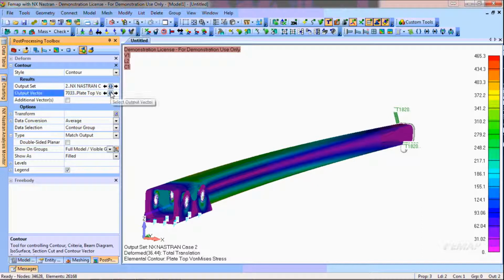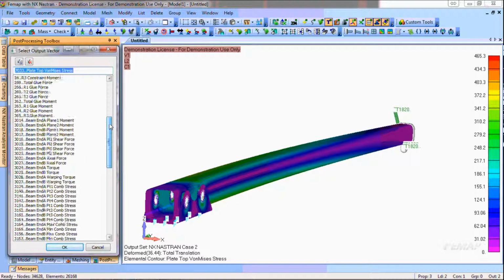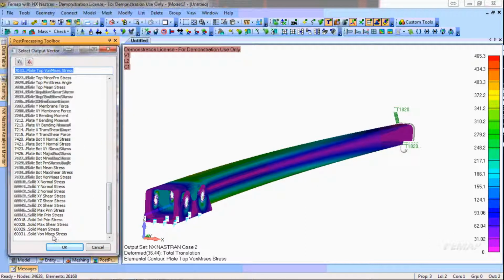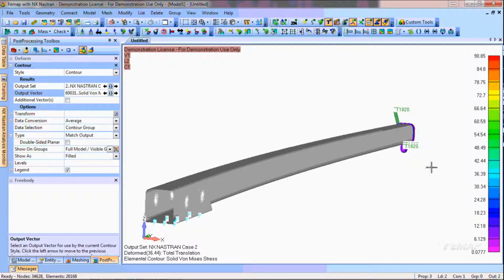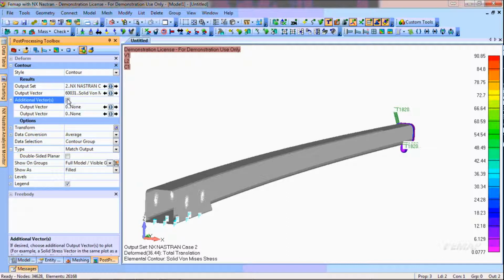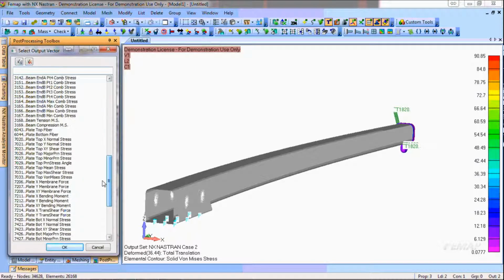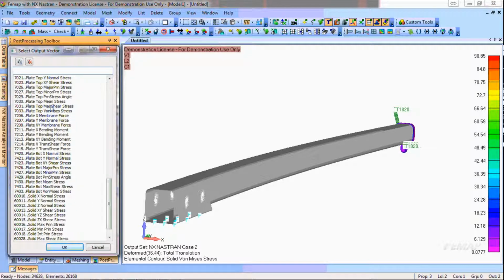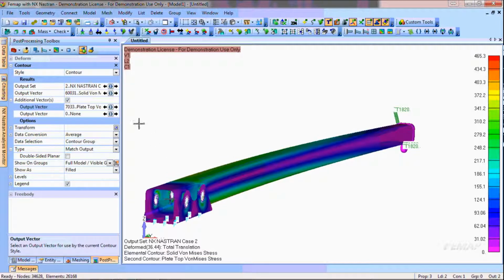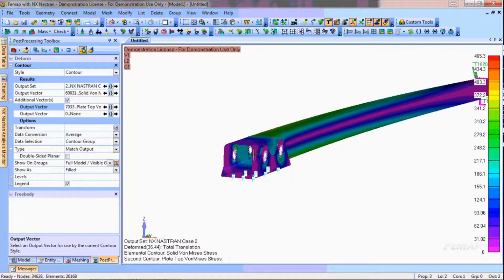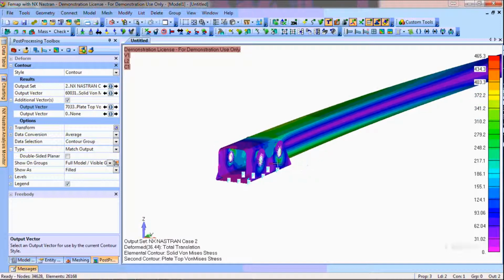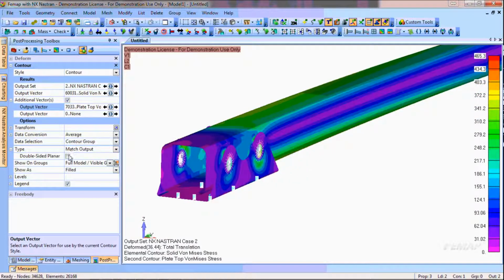Well, FEMAP can deal with multiple result types quite happily. So I'll switch that to solid. You can see the solid there. What happens if I want to view them all at once? Well, we can quite happily show multiple result sets at the same time as well. So that's showing the plate top. However, I also want to show the plate bottom because the stresses on each side of these plates might be